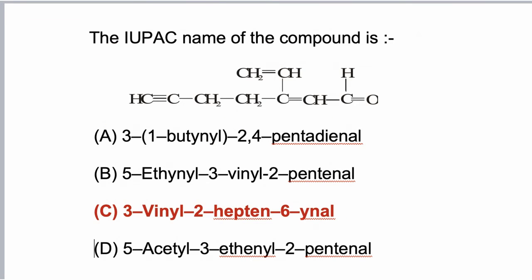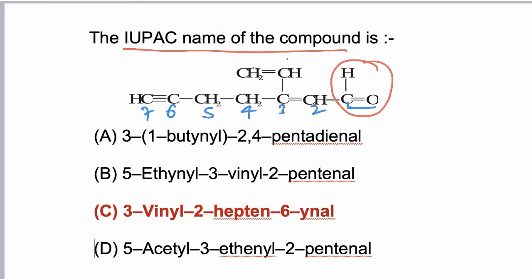In this question, we have to find correct IUPAC name of the given compound. So first we have to identify functional group, principal functional group. Now in this molecule, aldehyde is present as principal functional group. Now we have to select longest chain with maximum number of multiple bonds. So if we take 1, 2, 3, 4 and 5 here, then we get 5 carbon. But if we select with triple bond, now we are getting 7 carbon in main chain. So this is longest chain.